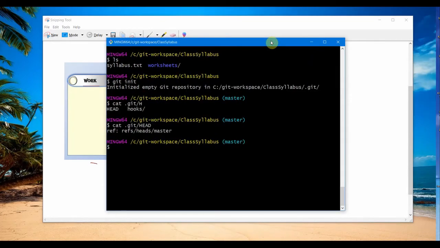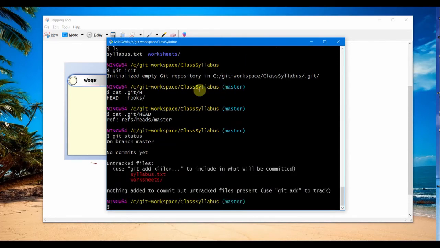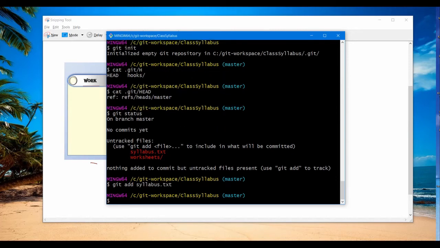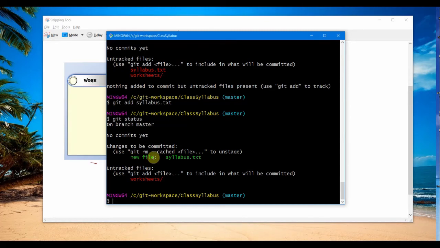So now that we have initialized our repository, let's check the status with the git status command, and it gives me what next I can do. So I can actually add these files using the git add command, git add syllabus.txt or worksheets. I will add this file first, git add syllabus.txt, and I do a git status again, and I see that my new file is moved to the staging area here, and my worksheets folder is still not added,